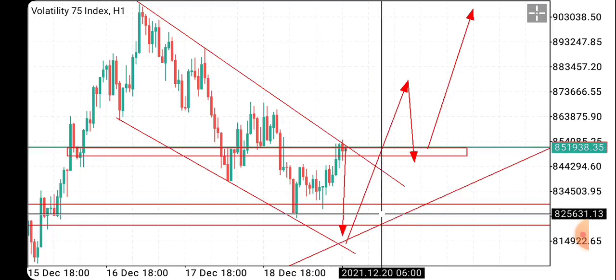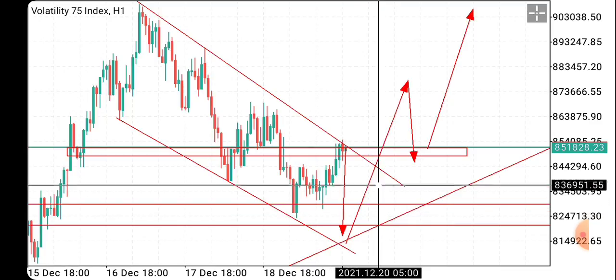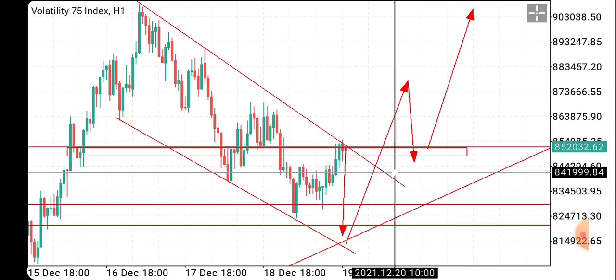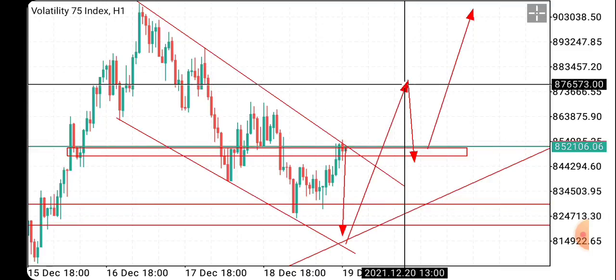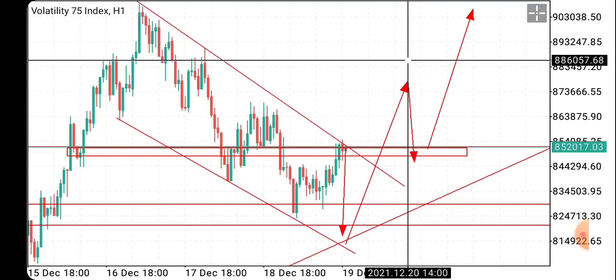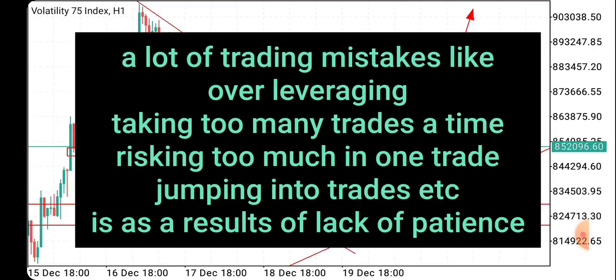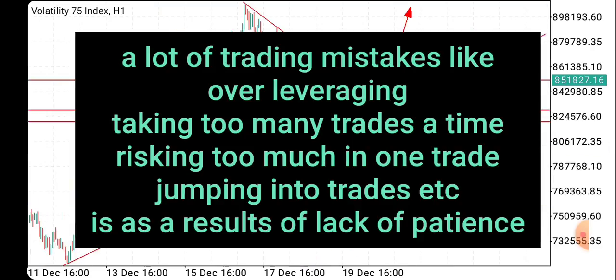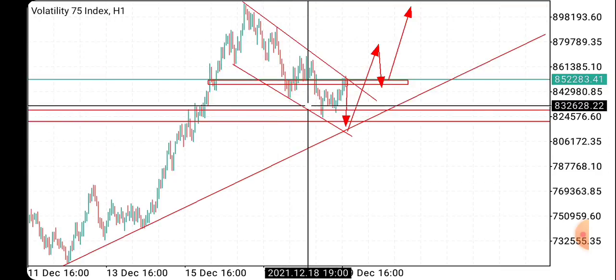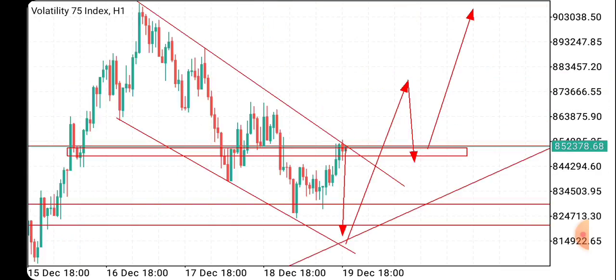So that is how it is. So we're now waiting for it. If it plays out, we enter, and then we hold our trade until it gets to our target. So that is the secret. The secret is being patient and not rushing into the market. So if you are able to understand this general way of price movement, you are going to be profitable, because these patterns in the market keep repeating day after day. And if you are able to identify them, you'll be able to benefit from them.